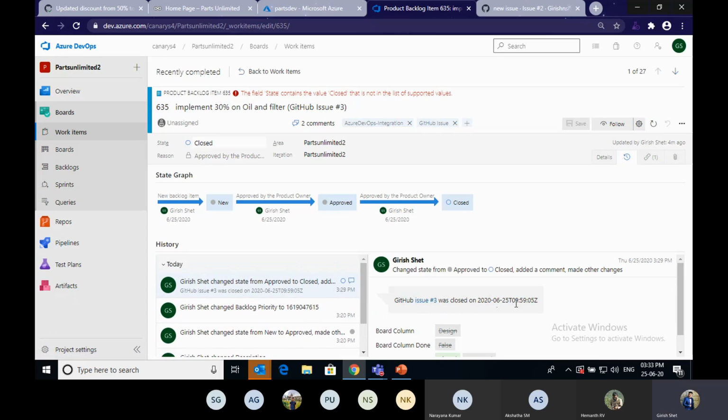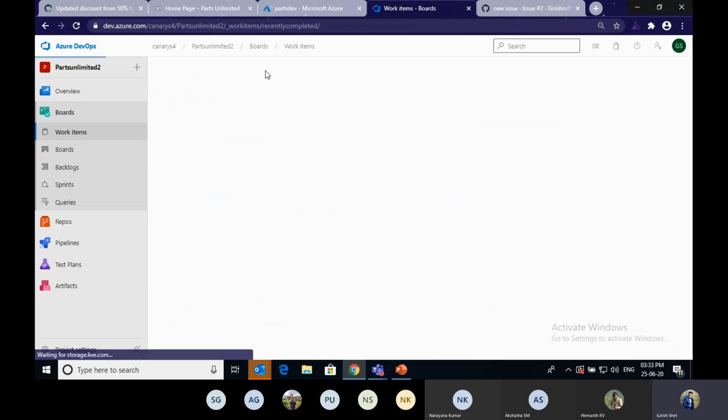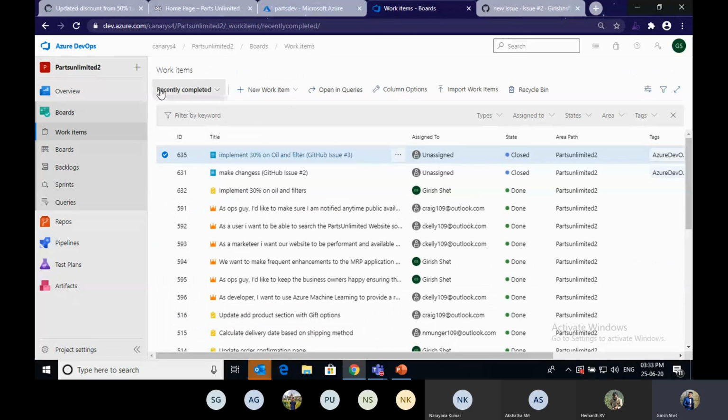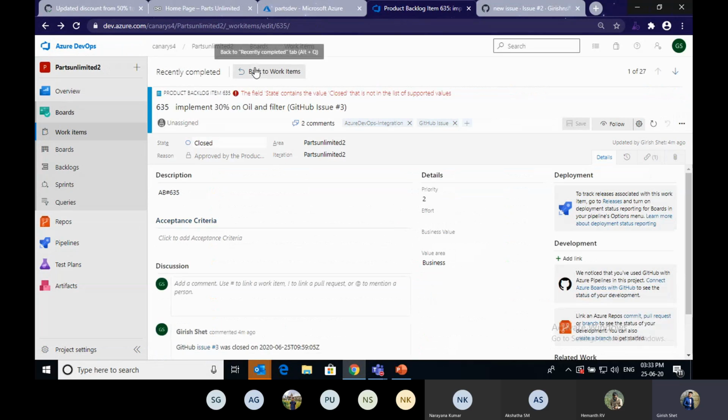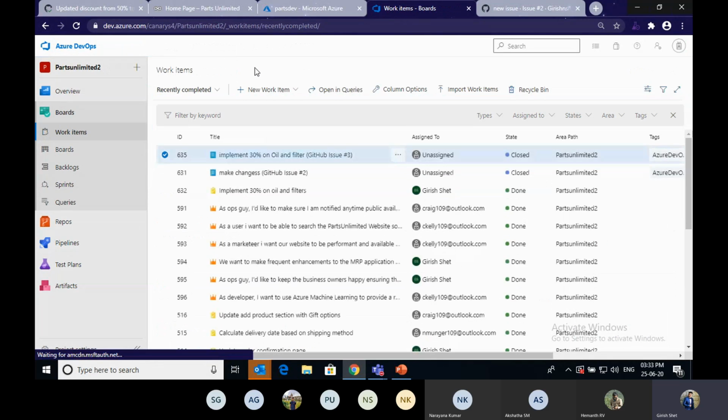This was closed at this time. This is all about how you can sync your GitHub issues to work items. Whenever the issue is opened, closed, labeled or unlabeled, the work items will automatically get generated in Azure DevOps here.